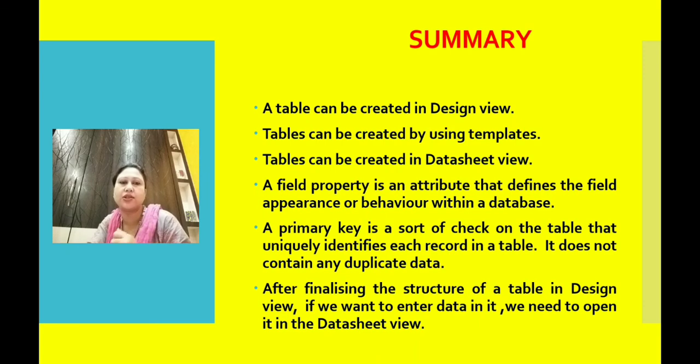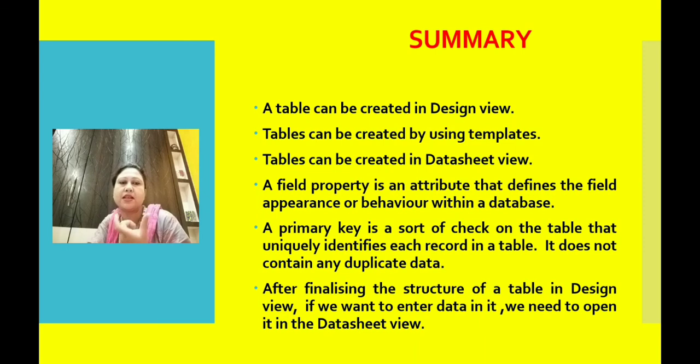Then we also gathered knowledge about the primary key, which uniquely identifies a particular record in a table. We should assign as primary key such fields where the values cannot be the same for different records, however many records you enter in the table. For example, a roll number is a unique identity, as are admission numbers, employee ID and mobile numbers, where two persons cannot have the same value. These types of fields are always taken as a primary key.